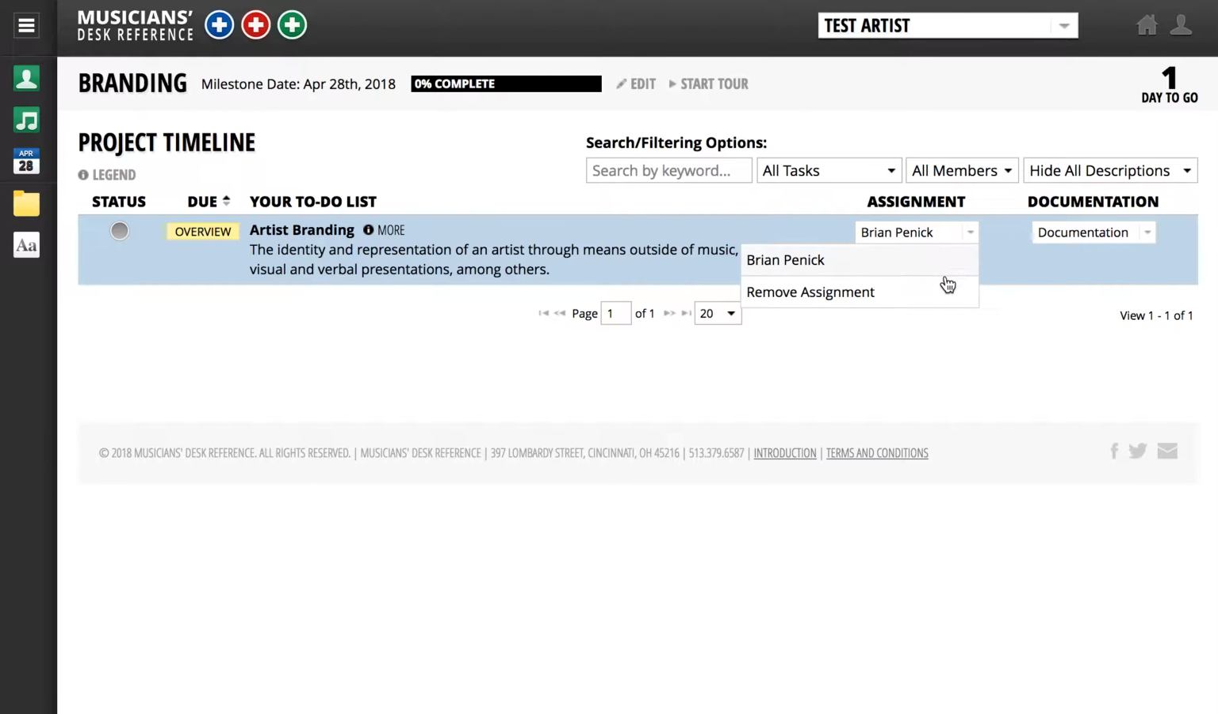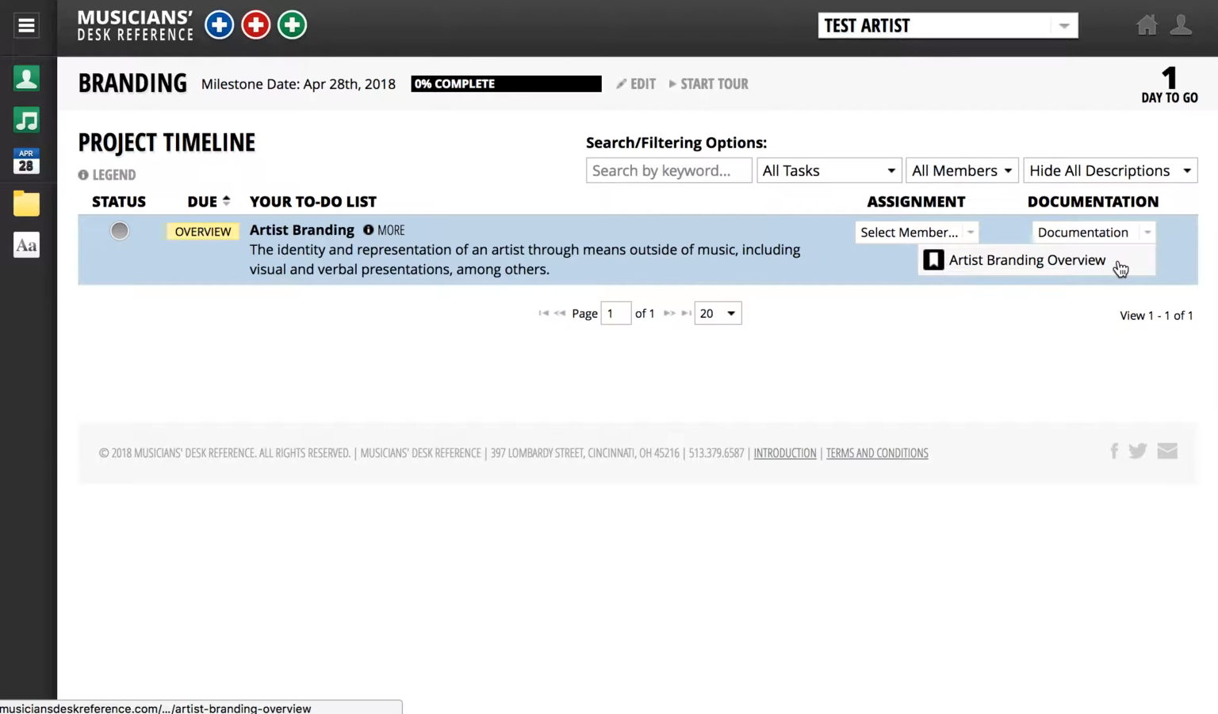Each line item also has a document attached. These can range from general or educational info to instructions or actual documents you would build with Musician's Desk Reference, like tour posters, promo cards, mailing lists, and many more. The project management system is designed to show why each step is necessary, when it's necessary, and how to go about accomplishing that step. This overview is just a single document, so let's build a second project with a strategy